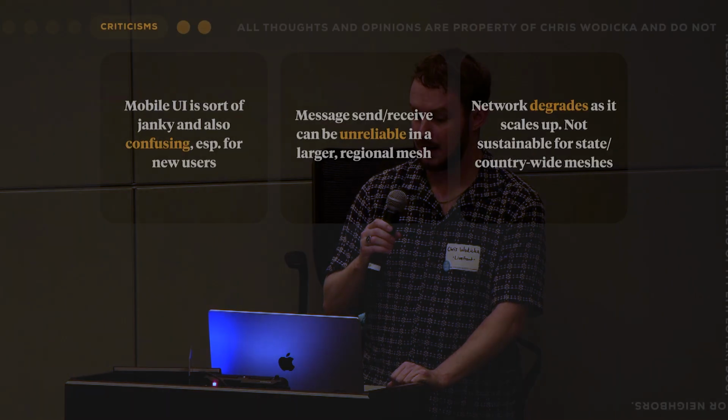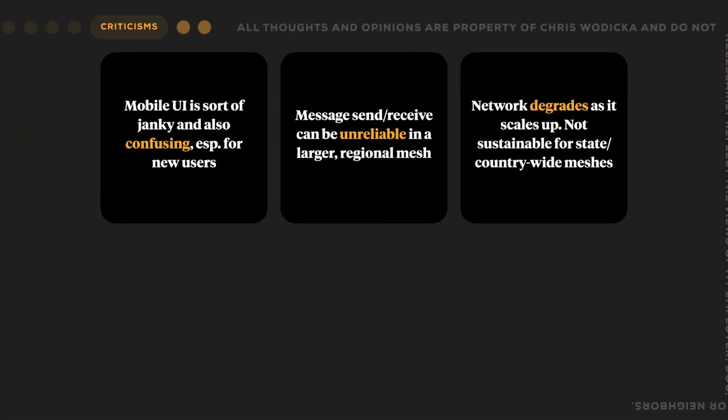The next thing I want to call out, and this is the one that really does it for me, is that the network actually degrades as it scales up. That managed flooding scheme that I talked to you about when we looked at how it works actually makes this not suitable for scaling it up larger. What happens when you start adding more and more nodes to a mesh is that those nodes are broadcasting telemetry periodically, like the name, the battery level, and some other types of telemetry. And when you start adding more nodes, it makes the mesh environment louder, and it gets a little more convoluted, and then the message reliability starts to go down.